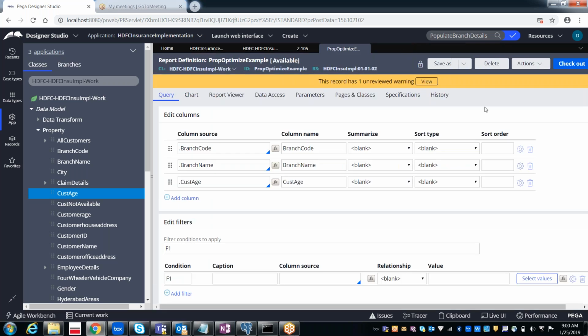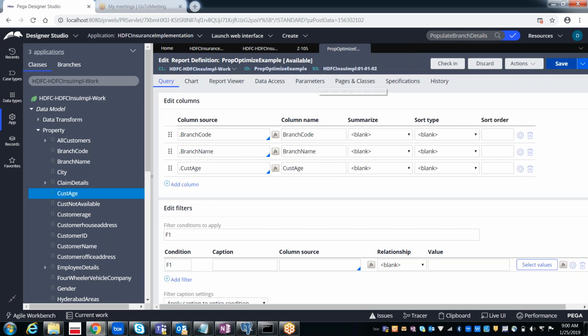After doing it for the customer age, if you save the report definition, see, that warning has gone. Before optimizing, if you used this property, it was showing the warning that it's not optimized, but now that warning has gone, as we have optimized this property.